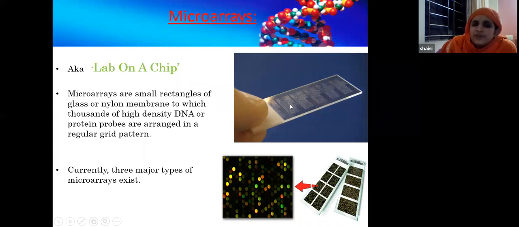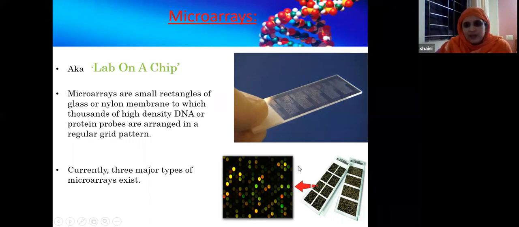These are thousands and thousands. You can have thousands of either DNA or tissue or RNA. Anything can be immobilized, and either the probe or the tissue sample can be attached. Usually probes are attached here, and you put the test sample, in which case it is called a DNA microarray. The reverse can also be done. You can attach tissue samples from different patients, or from different tumors, or different segments of the tumor DNA sequence. And again, with probes, you can identify to which area the probe is going and binding.